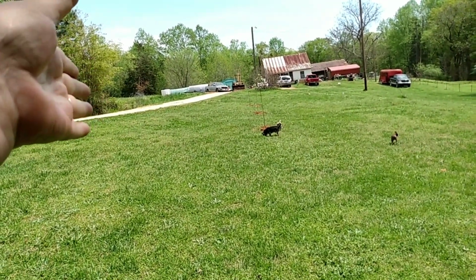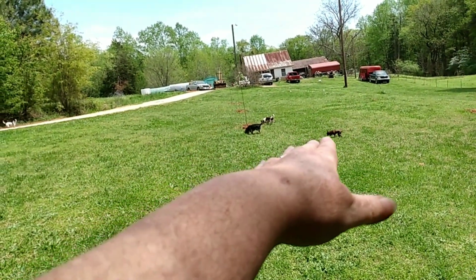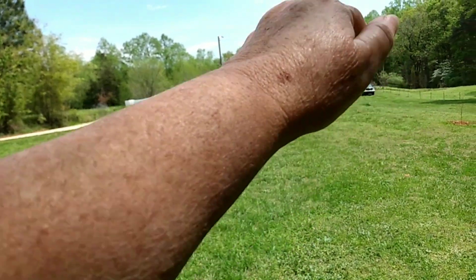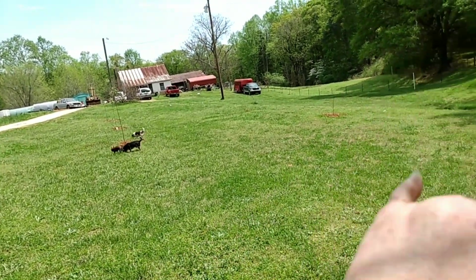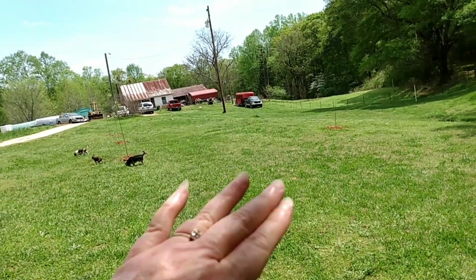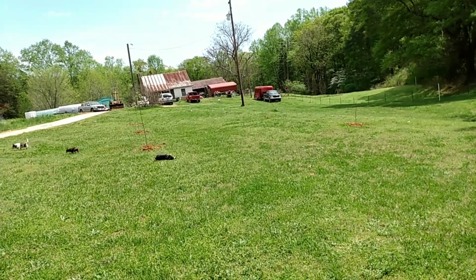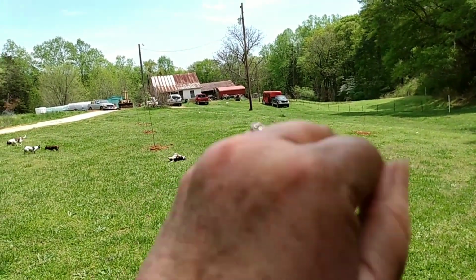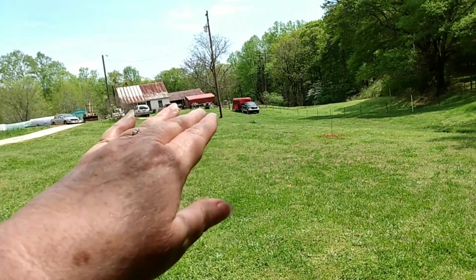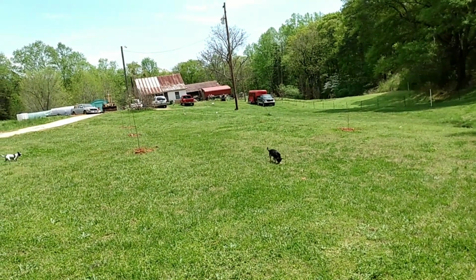It starts with a hill here, and then it kind of flattens out. There's a dip right here, right beside the trees. It dips, and then it kind of goes up again, and then it drops off. There's actually a hill there. My husband has graded that down so it's not a steep drop off, because it used to be just a straight steep drop off. He graded it down so it's just a little slope, and then it's sort of flattened. Well, it doesn't flatten out, it's still going downhill, but it's not